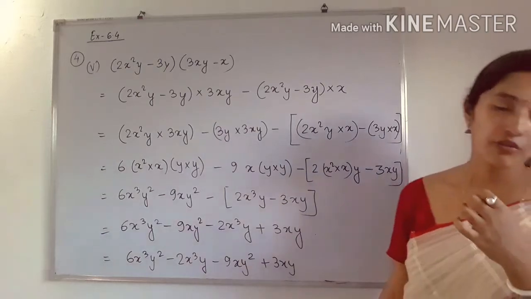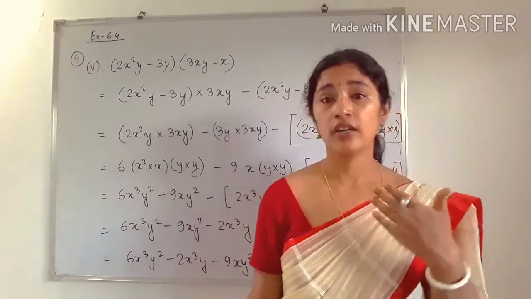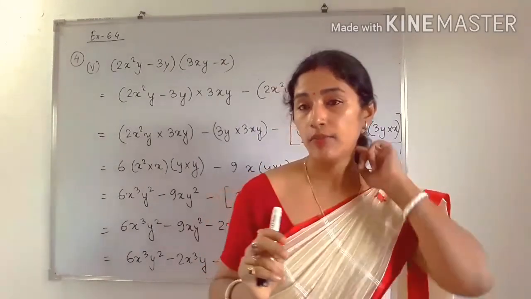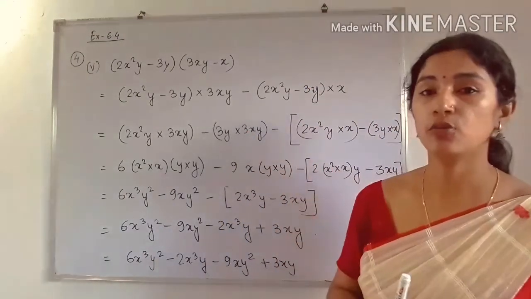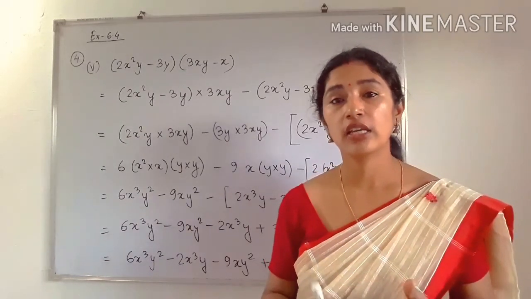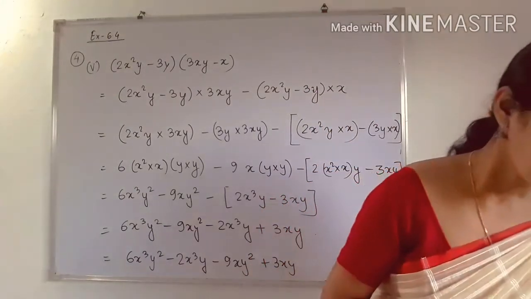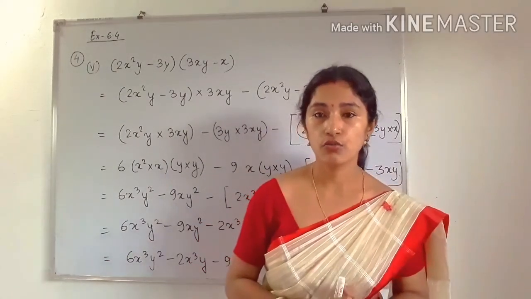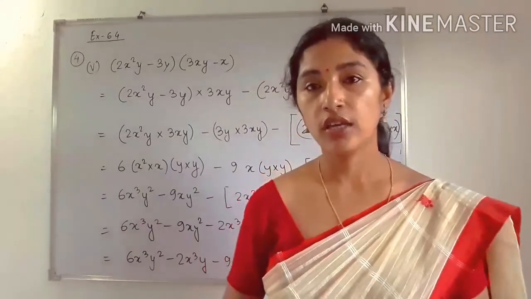So from question number 5, in question number 5 also you have to multiply a trinomial with a trinomial. That is also the same thing here. In binomial with binomial we apply the distributive property two number of times. Similarly, when we multiply trinomial with trinomial, then also we have to apply the distributive property. So try to do question number 5. If you find difficulty, you can ask me. We will discuss in the next Zoom class if you find difficulty. So try to do this exercise 6.4. Thank you for today.